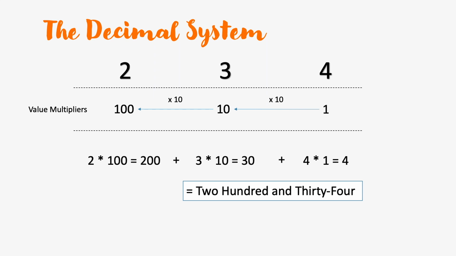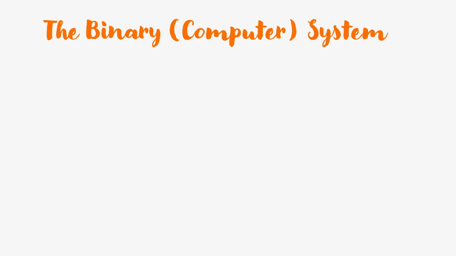Okay, so let's talk about the computer system, how the computer handles this. This system is known as the binary system. Bi means 2, right? So let's see why. As we learned, a box in memory has only two options, to have some charge or not have some charge. These are used to represent 1 and 0 in the computer. 1 means we have charge in a box, and 0 means that the said box does not have charge.